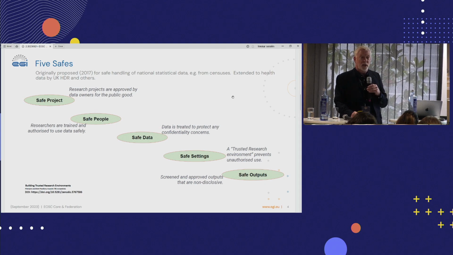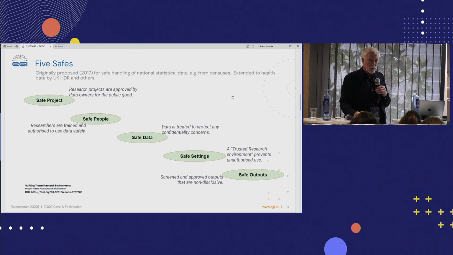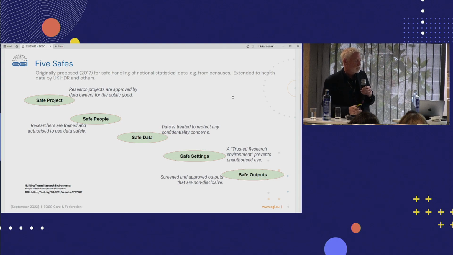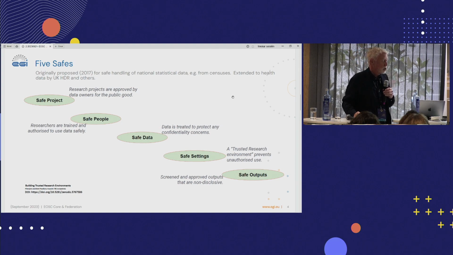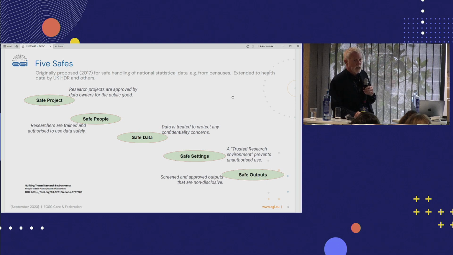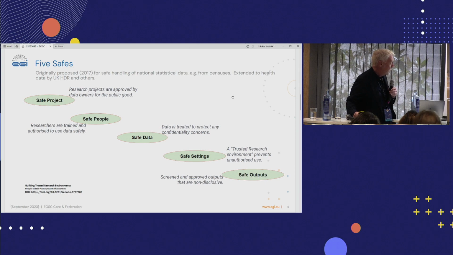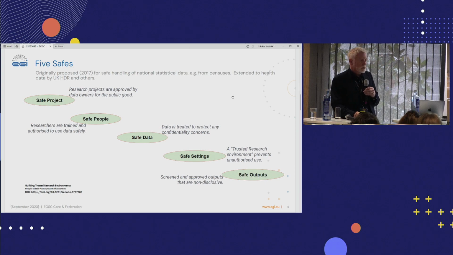Now, when you actually get the data and you have the opportunity to work with it, you have to do so in a safe setting. And if we're speaking in an electronic or digital environment, that means there needs to be a secure processing environment. That's one of the things that Abdulrahman showed in the picture before, as well as safe data archives. We need to be sure that we're storing it in a place that doesn't inadvertently expose it in some fashion. And then finally, safe outputs,